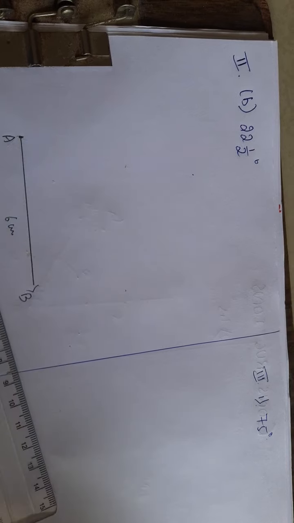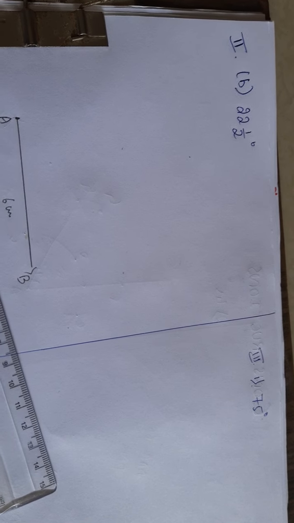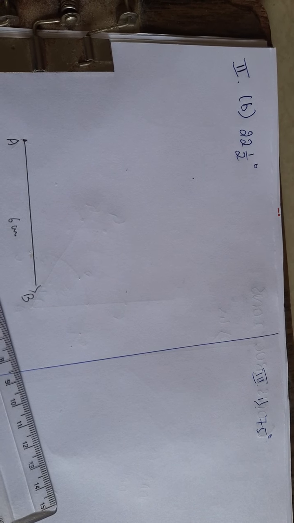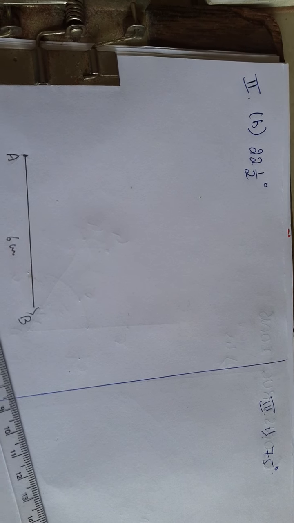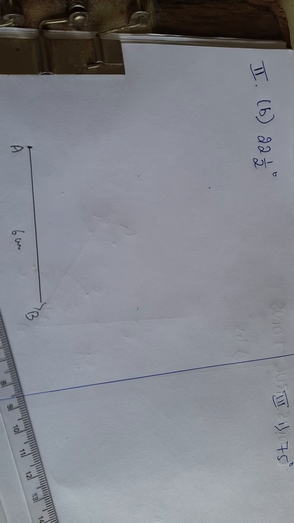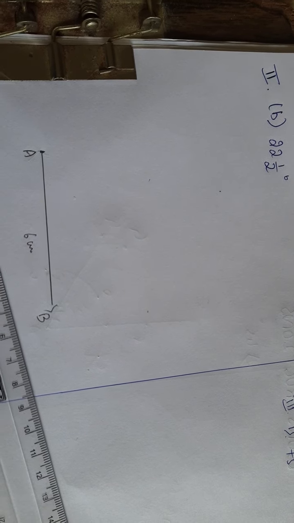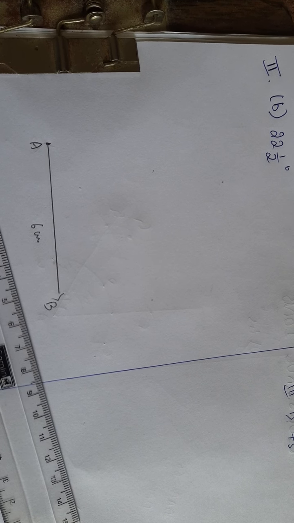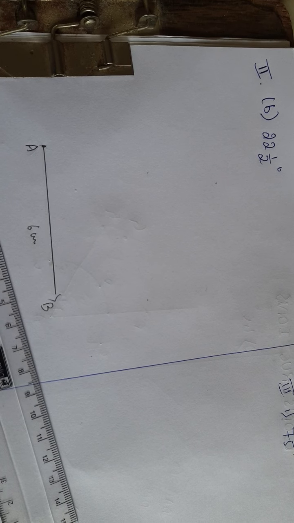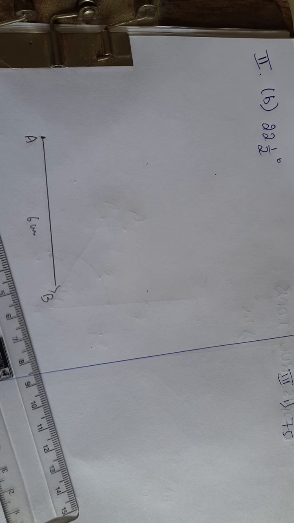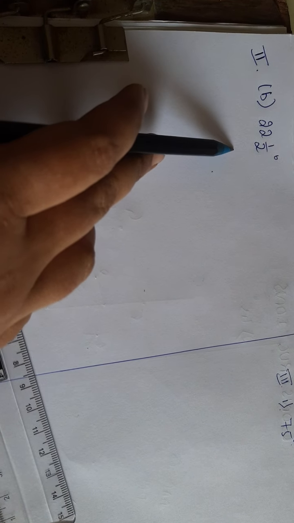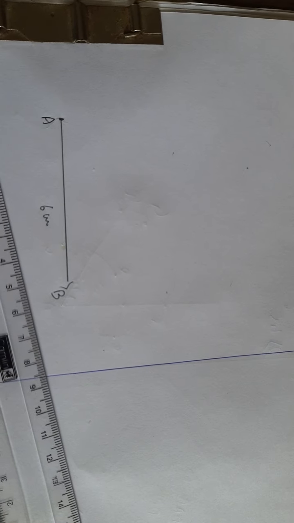Next children, we shall move on to the third main. First one, 30 degree. As I said you all solve that. I will be solving the second question, that is 22.5 degree. It is very simple. First problem what we did was 90 degree. Next we constructed 90 degree, bisected that to get 45 degree. So now exactly half of 45 is, what is our third problem, that is 22.5 degree, isn't it children?